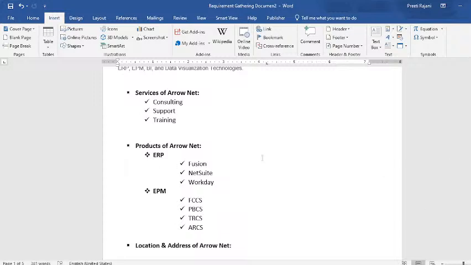In the ERP they provide the services for Fusion, NetSuite, Workday, and in the EPM they provide services for the FCCS, PBCS, TRCS, ARCS. And now the Aeronet Group